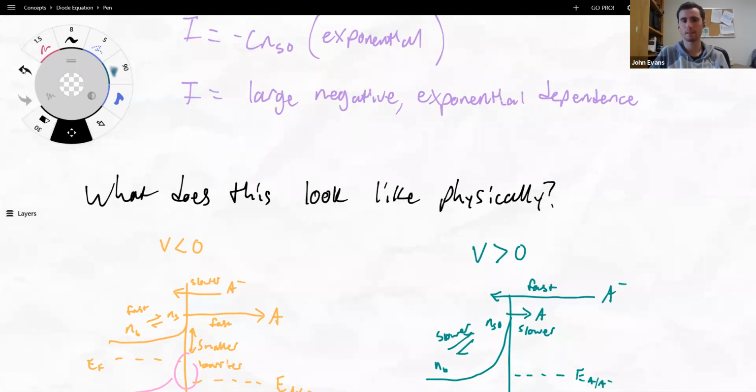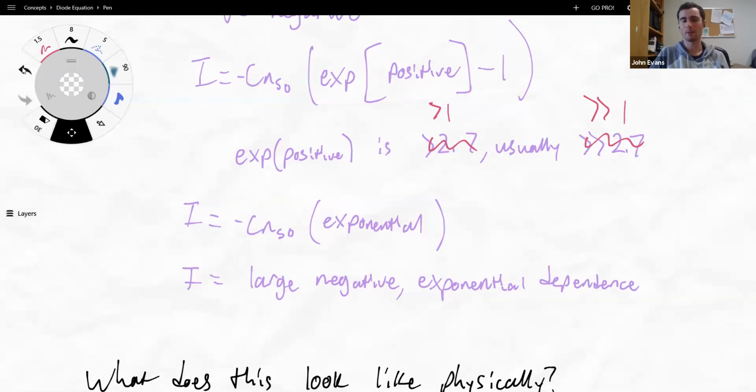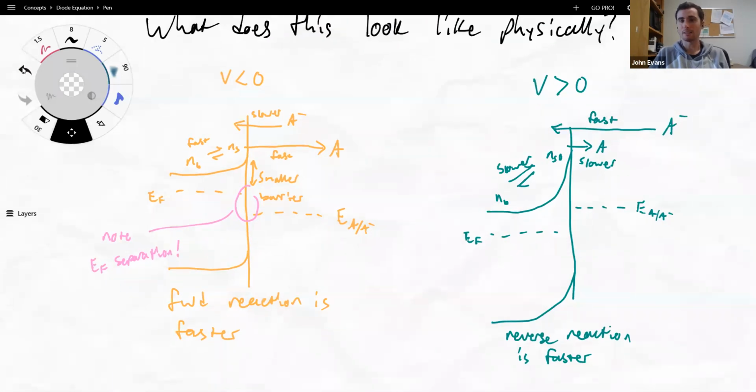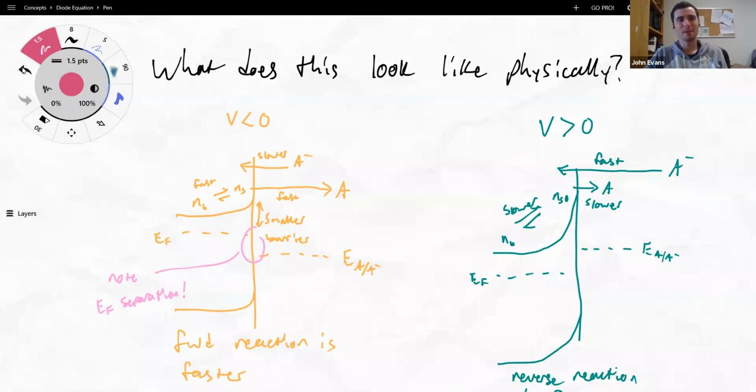So what does this look like physically? All right, so we looked into the math of how all this might work, but does it actually work conceptually for the physics? Yeah, it does. So what we're doing here, if we apply a negative voltage, so V is less than 0, remember, we are pushing our bands up a little bit. And so this reaction remains nice and fast. And then we are increasing the concentration of electrons at the surface, which means we are increasing this rate. It is going to be faster and faster for us to send electrons out of our semiconductor